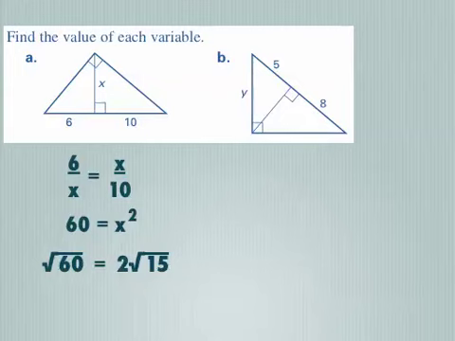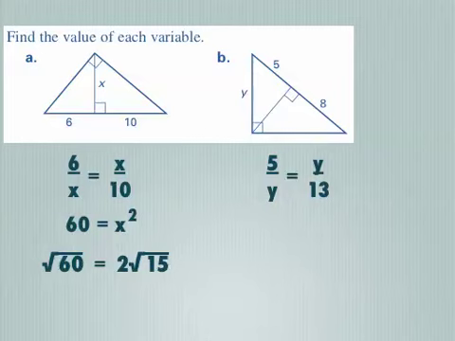If you look at example B, I am given that one of the legs of the whole triangle is y, and then I know one of the segments created on the hypotenuse is 5, and the other that's created is 8. In this case, the proportion that I set up was 5 over y. If you look at how the triangle is divided into a top triangle and a bottom triangle,